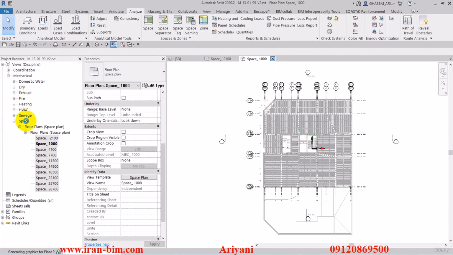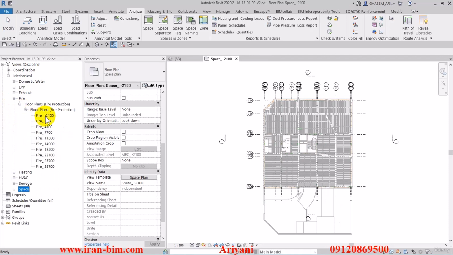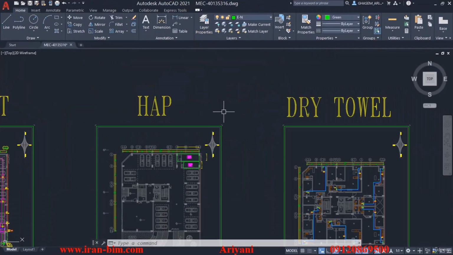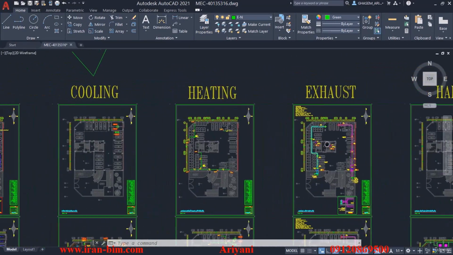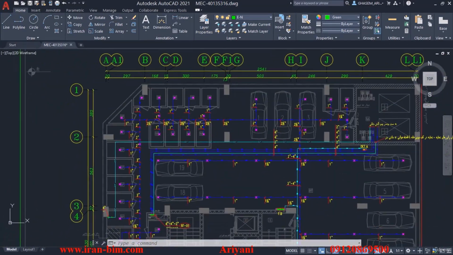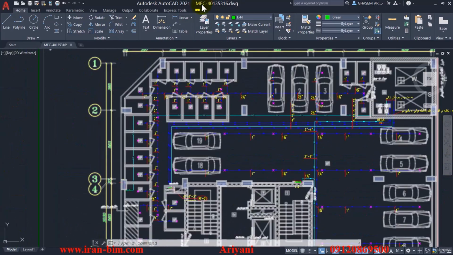But now we're going to go under the fire plans, then start from the underground sections and go up. And let's see here in the AutoCAD file, the fire plan that we have on the left. Now we can model the fire extinguishing pipes in the